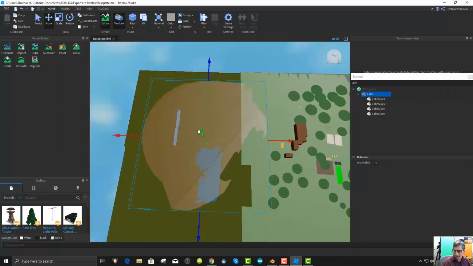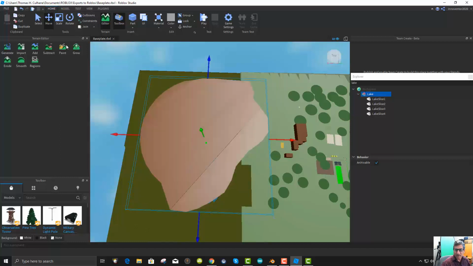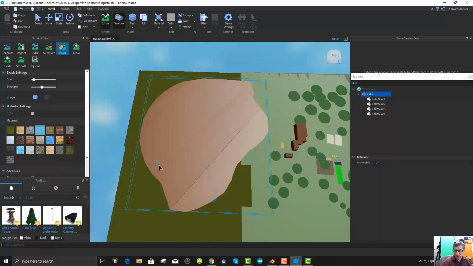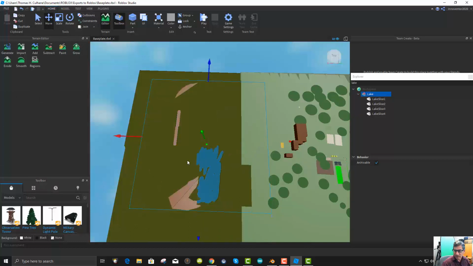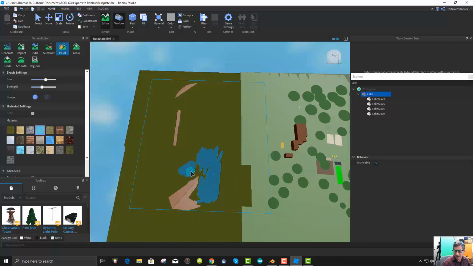But I'm not going to be able to paint if it's, I don't think I can paint. Let me see. Terrain editor, paint. Let me make my size bigger and my strength bigger. I don't think it's going to paint through this, so that when I move my lake down. No, it doesn't show up. It would have to be underneath, and then I can paint water onto